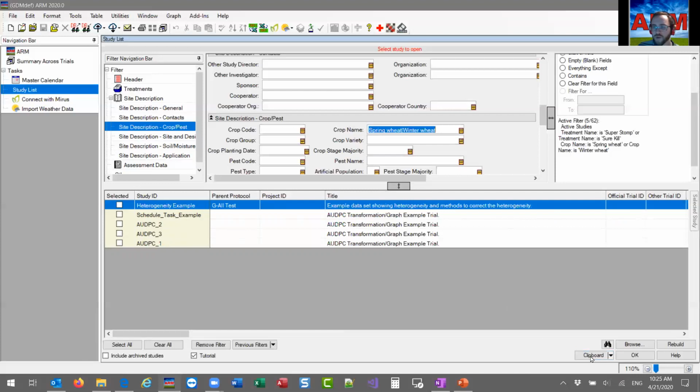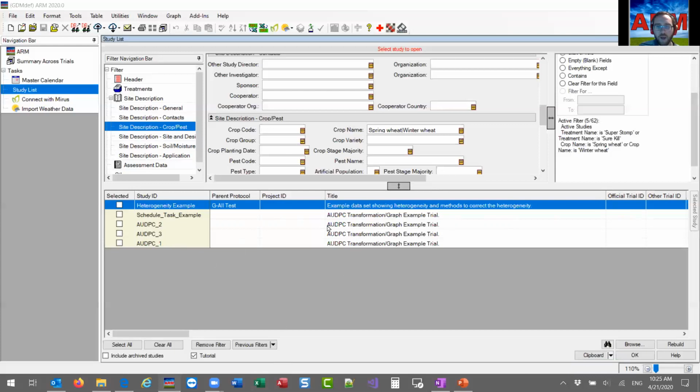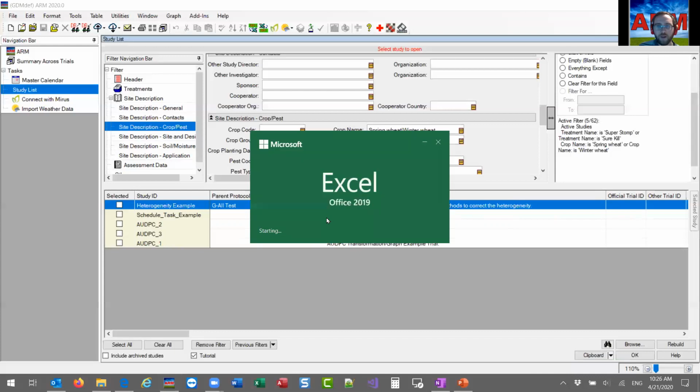So what you can do is use this clipboard button. And there's a little arrow on that button, which means there's actually 2 different flavors of the clipboard. So I'm going to show you the copy all first here. If you choose the copy all, it's going to grab all of the information in this table just for the filtered rows. And now if I want to open up Excel,